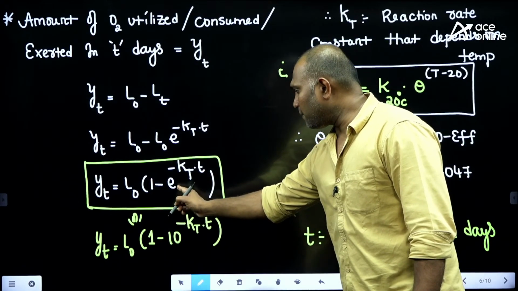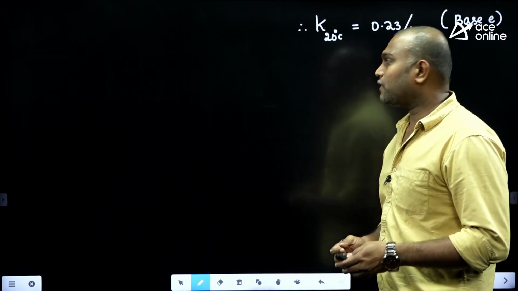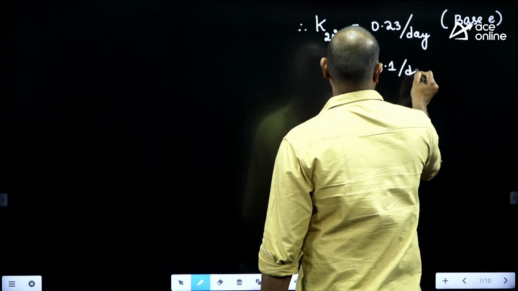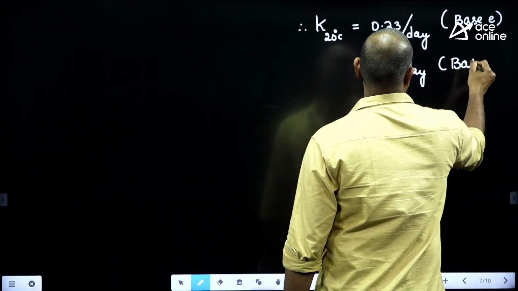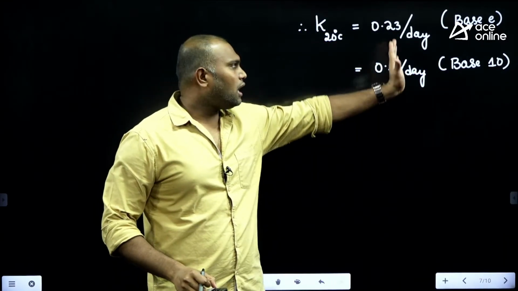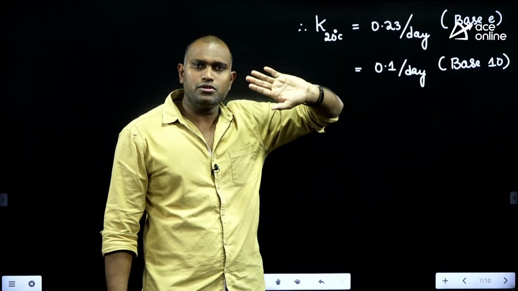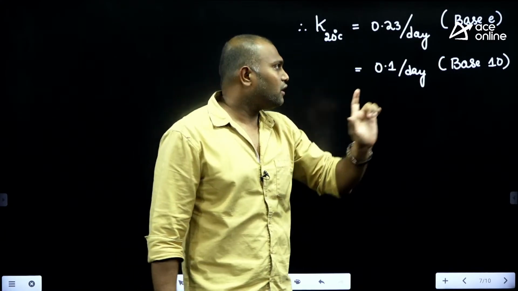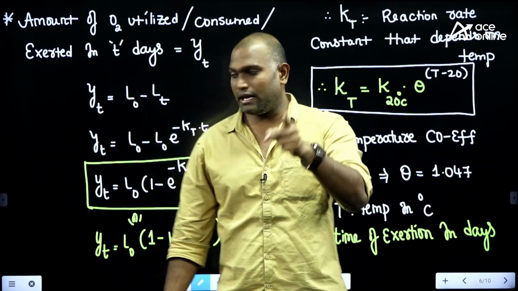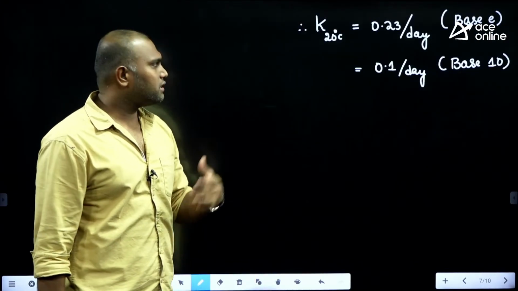So if the base is e, then you have to take it as 0.23 per day. And if the base is 10, then you have to take it as 0.1 per day. In examination, they will clearly mention whether to use base 10 or base e. Base e, natural logarithm; base 10, 10 powers. If the base is e, then you have to take that value, and in the equation it should be e power. And if the base is 10, that is going to be 0.1 per day, that is going to be the K20